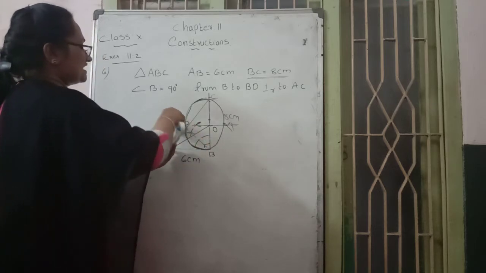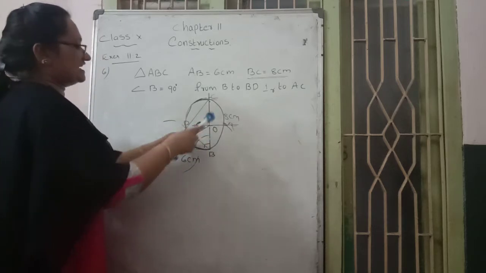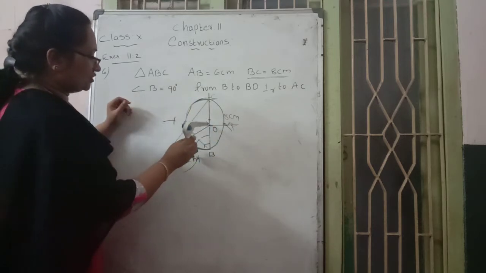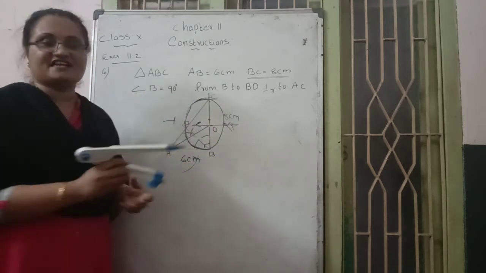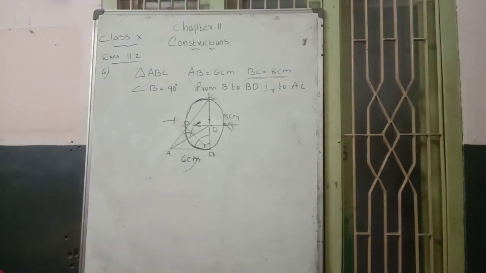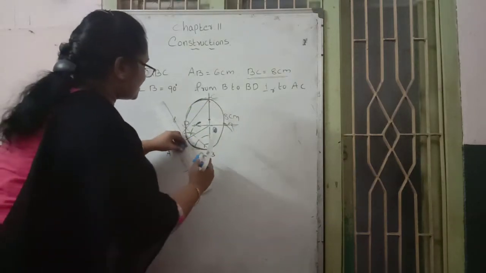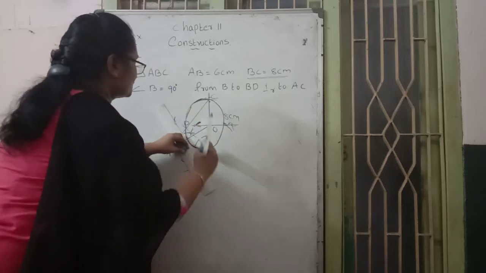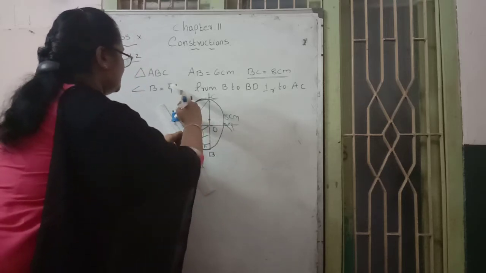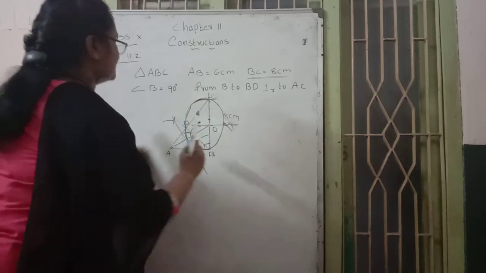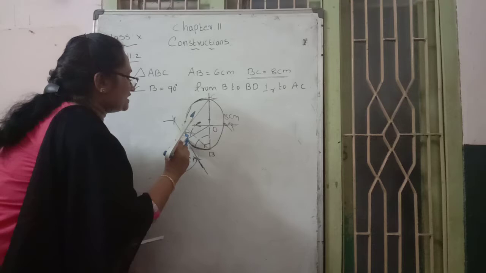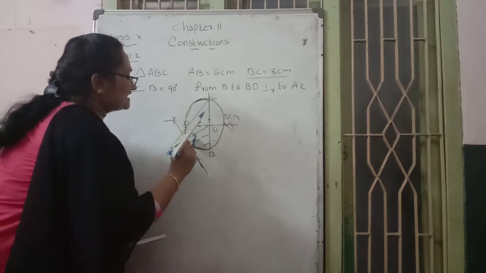Take two arcs, up and down, with A as center and O as center, drawing opposite arcs up and down. Where both arcs intersect, join those points with a straight line. You get the perpendicular bisector for the two arcs, the perpendicular bisector for the AO distance. Then mark that intersecting point with the alphabet K.